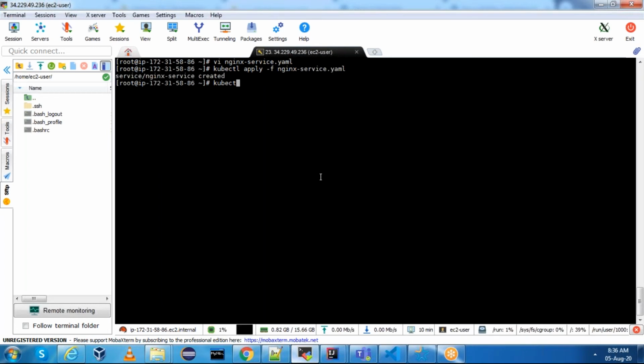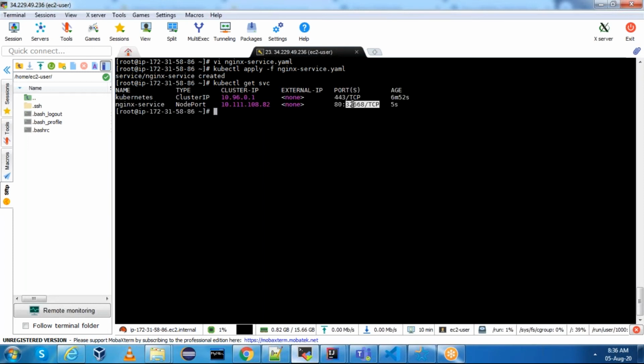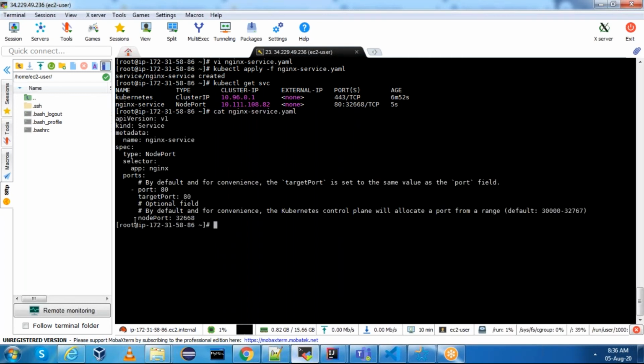Now if you want, kubectl get service, it is running on the same port. If you don't give the node port, right, it will allocate a port randomly. Okay, if you mention it specifically, it will pick that. If you don't mention it specifically, it will allocate a port number in this range. Okay, the control plane will allocate a port from this particular range.